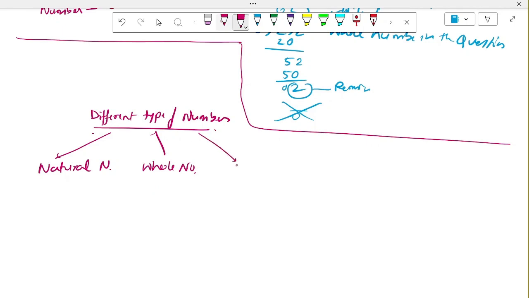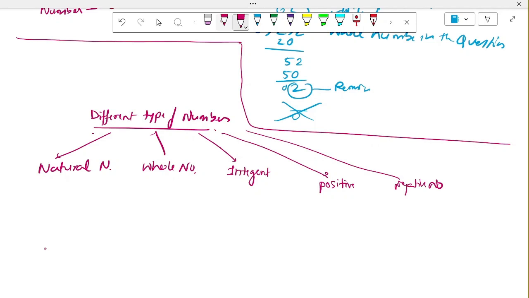Sometimes you will have to use these properties, so I am just mentioning them once. If you want, you can make notes of this, and whenever you are going for some exam, you can just revise it so that you will not make mistakes or have any confusion while solving. Positive numbers, negative numbers,